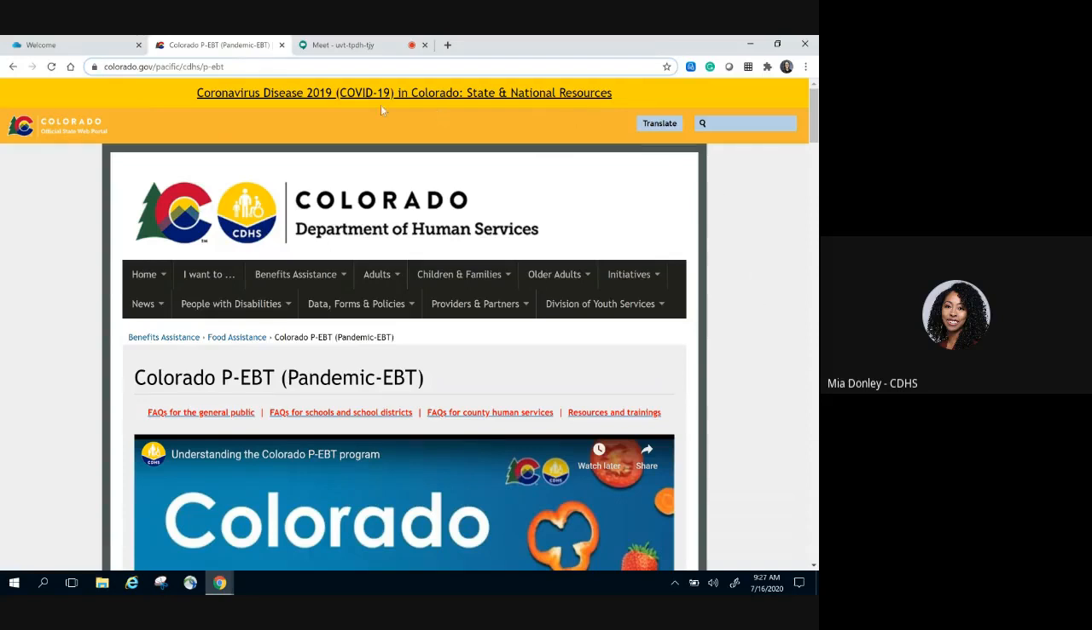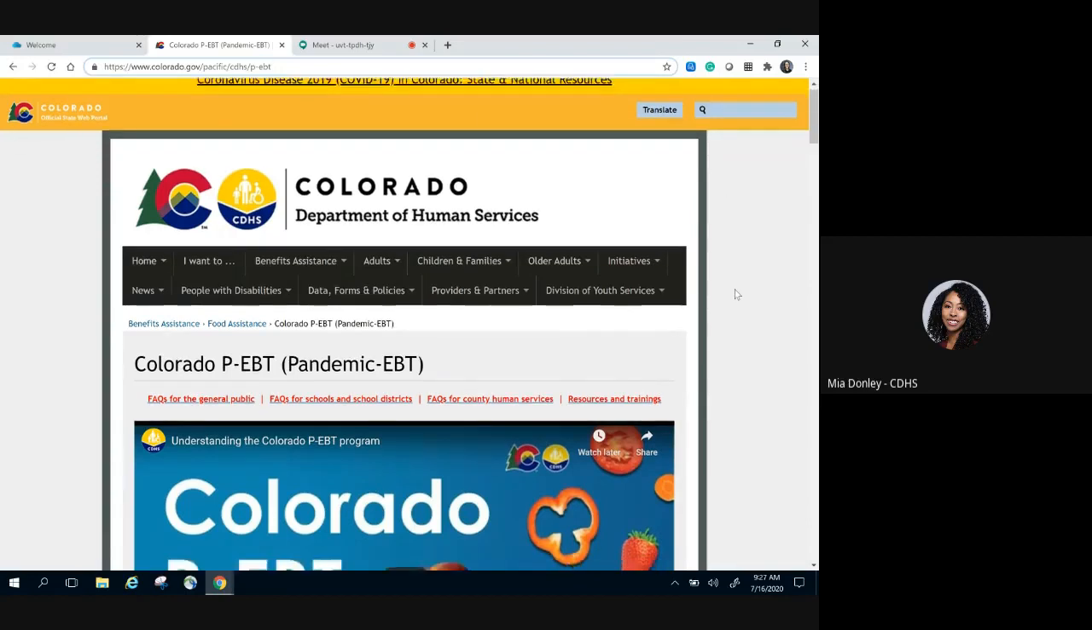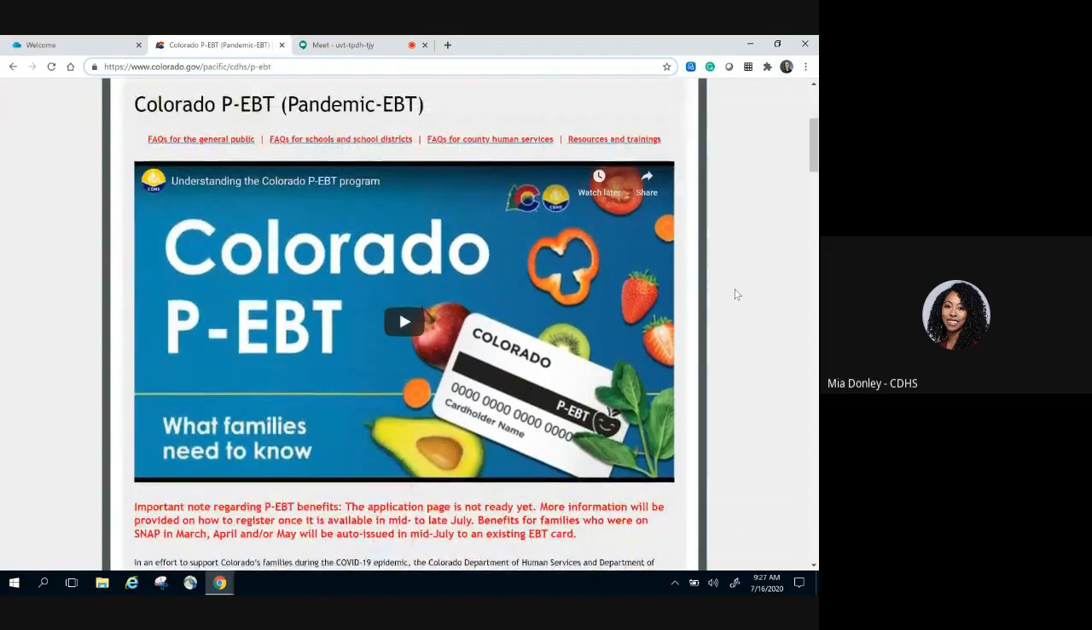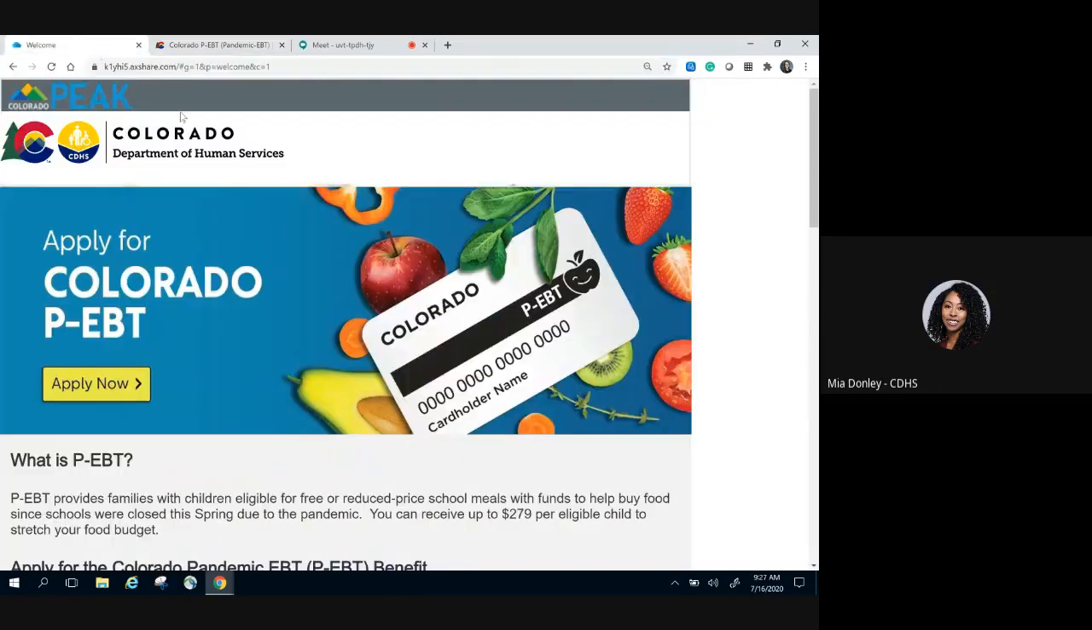To navigate to the P-EBT application, you will go to the Colorado Department of Human Services P-EBT page found at colorado.gov/CDHS/P-EBT. From there, a link will be available at the top of the page linking families to the application. When you click on the link, the first page you will see is the Welcome page. You'll see a banner at the top with an Apply Now button that will take you to the beginning of